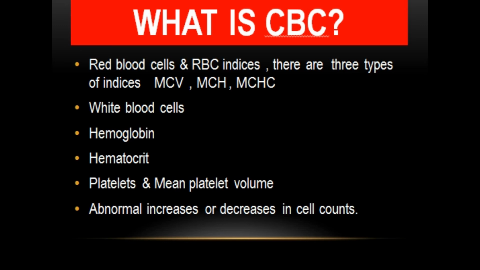It also provides information on hematocrit, which measures the amount of space red blood cells take up in the blood. As we have discussed earlier, 45% of the blood is total cells, among which the highest are the